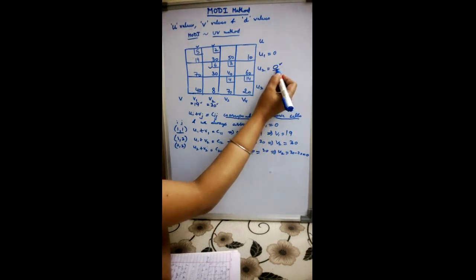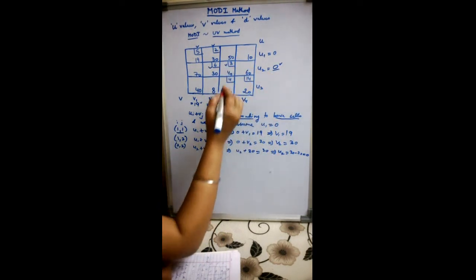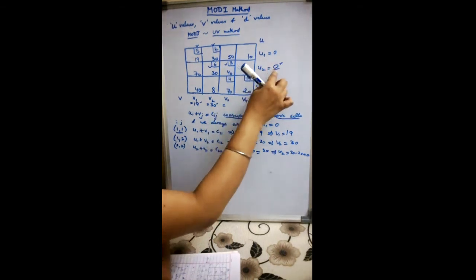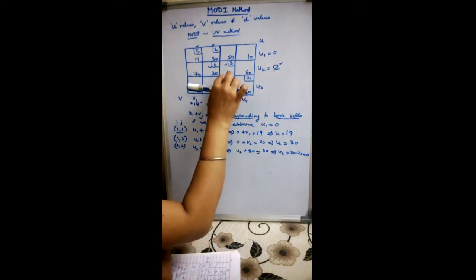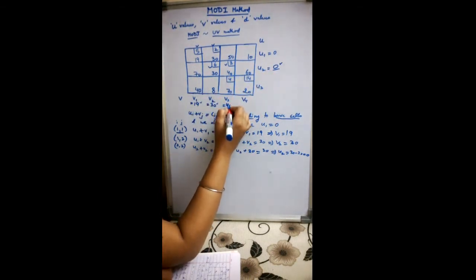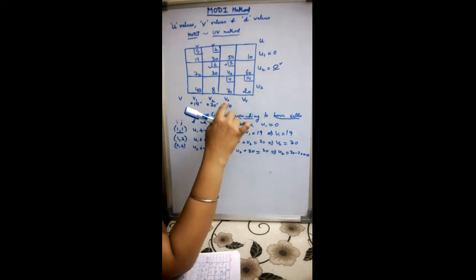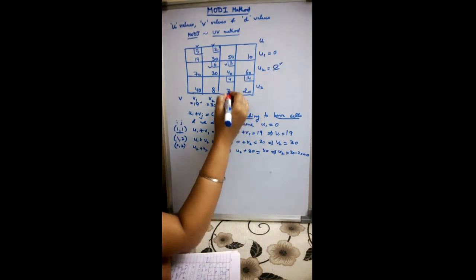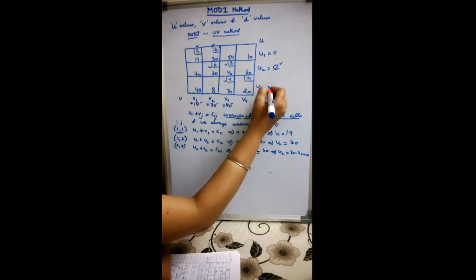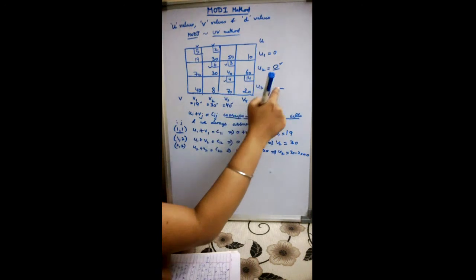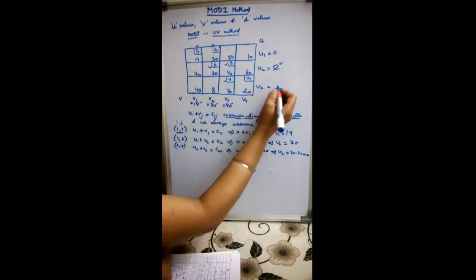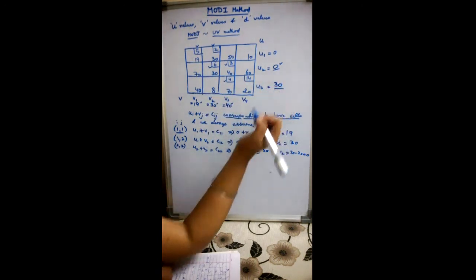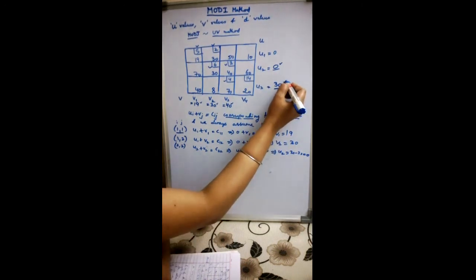Now corresponding to this, which is occupied, we can find out this value. Again 0 plus what is equal to 40, that means u plus v should be equal to c. So 0 plus 40 is equal to 40. Now we have got this value. Corresponding to this, we see that this cell is occupied, so we can find out this value. 40 plus what is equal to 70? 30. Right. Now we have obtained this value.